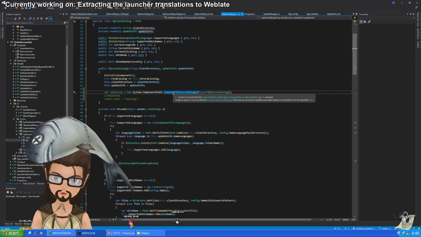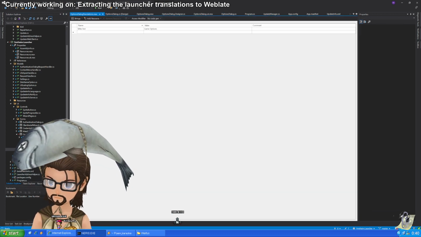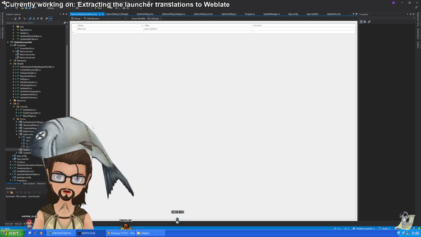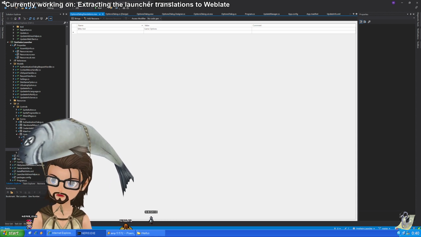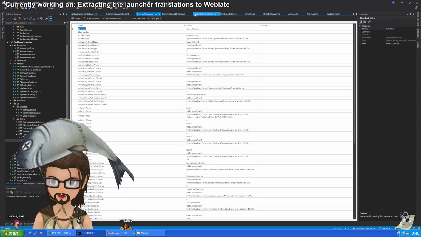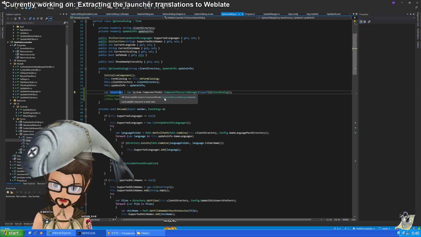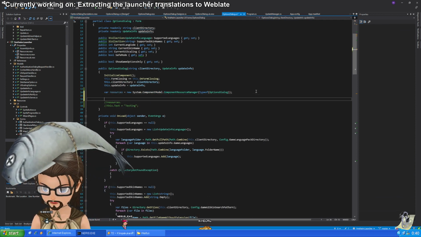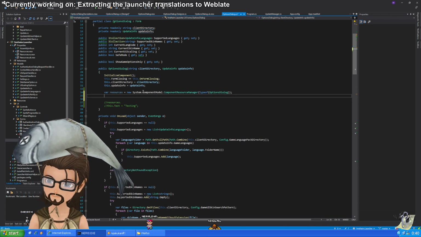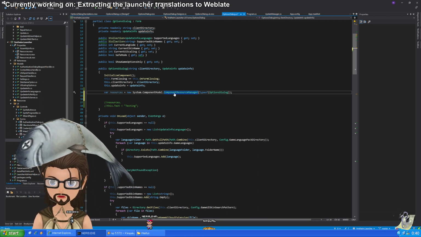So my idea was to just create a separate resource file like I did here, and make it contain just the strings that are needed to be translatable. And I wanted to make it in not a lot of effort, but I'm not sure if I can, because this component resource manager that's